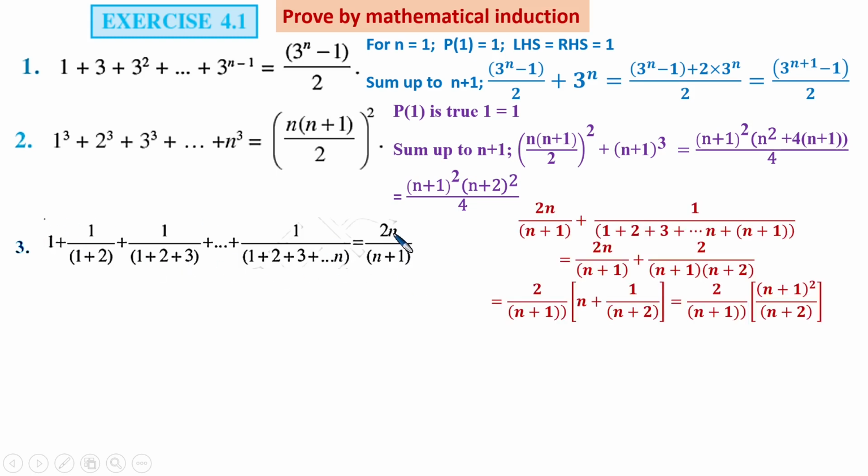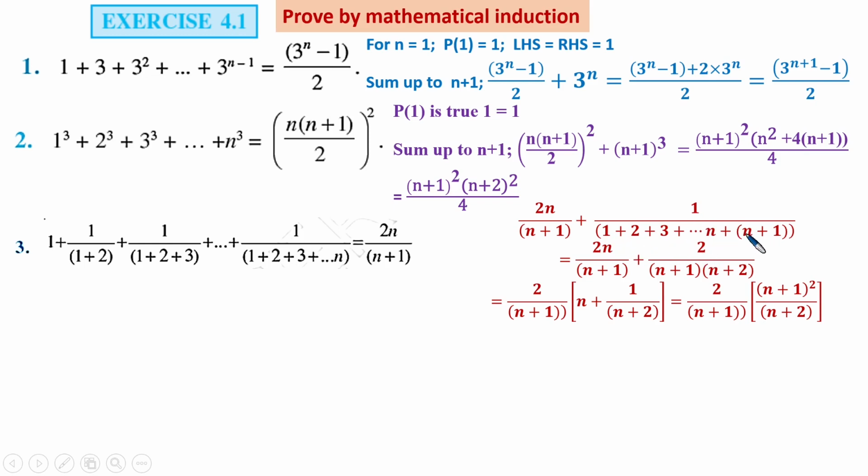So here again I have taken this 2n by n plus 1, and then I have added one more term, n plus 1, here. So this term has been added. Now I can club this to get 2 times n plus 1 divided by n plus 2. Now I again club these two things into only one formula. This is the same thing I have repeated here, and this denominator is nothing but,